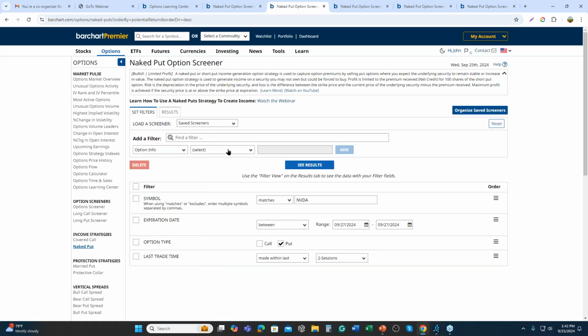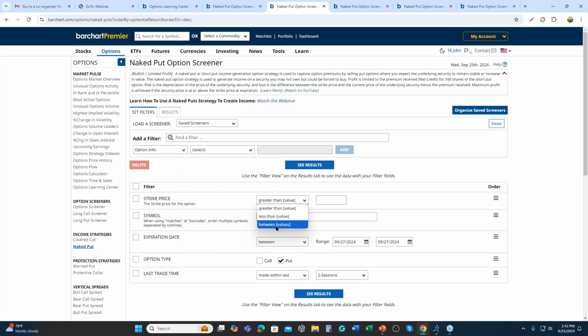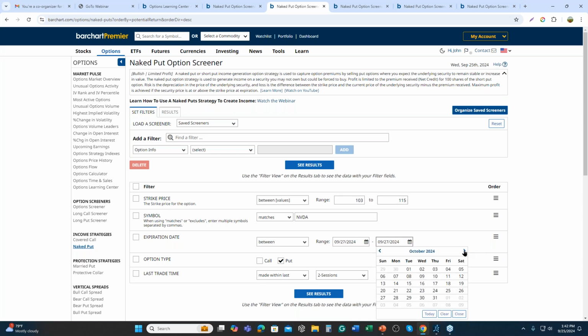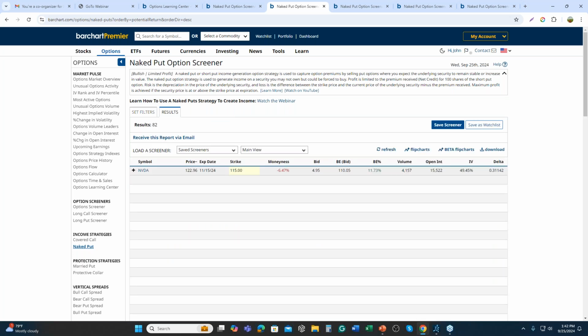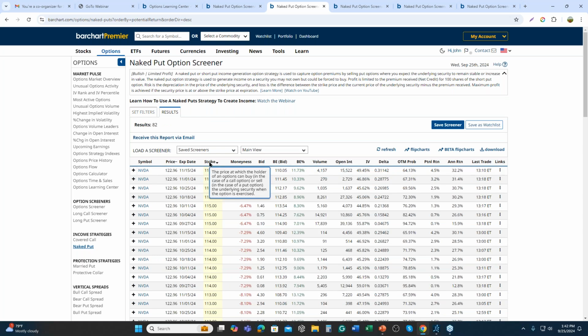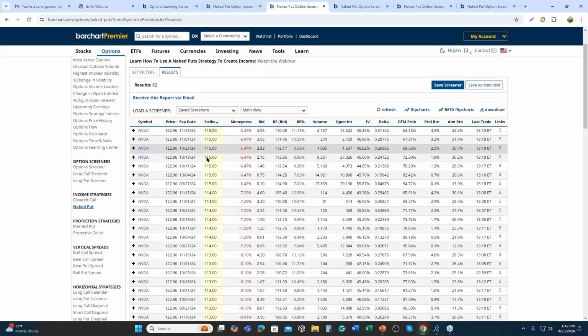I'm going to add my strike. 103 on the downside, and 115 is about where I'm willing to buy. Change my expiration to 2 monthlies and look at the results, sort by strike, and then again, I could see if I want to be aggressive,